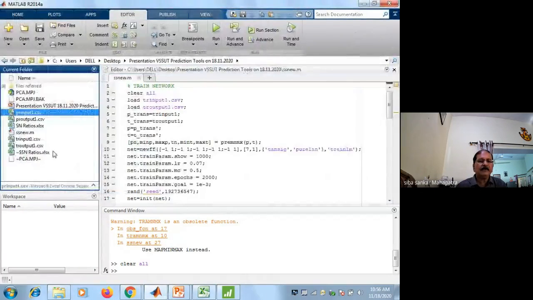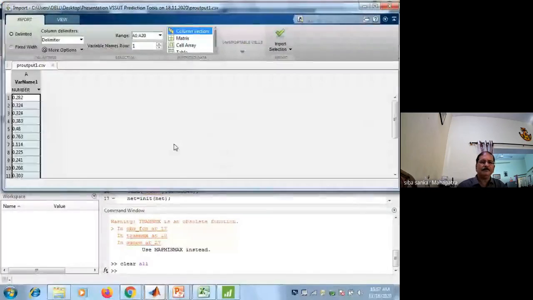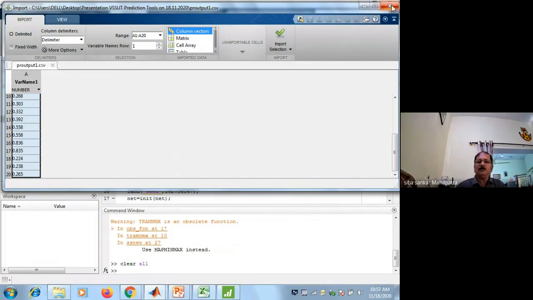Of course, for the calculation of the prediction error, we have also given the output testing data. Okay, so the input and output data sets have been generated and saved as CSV files. Then